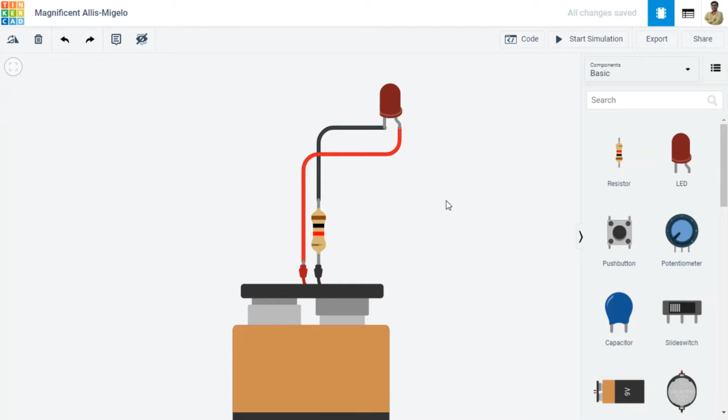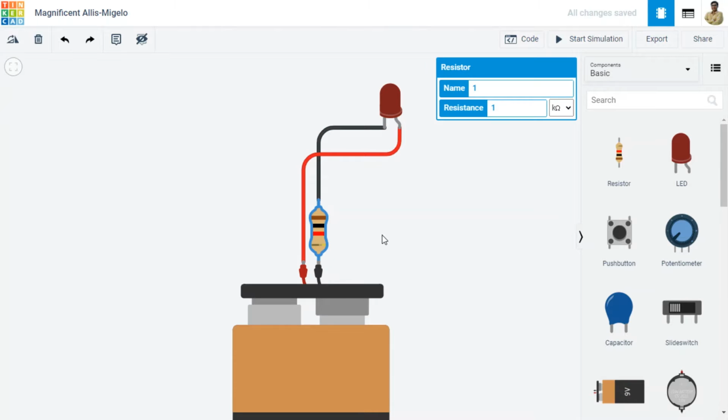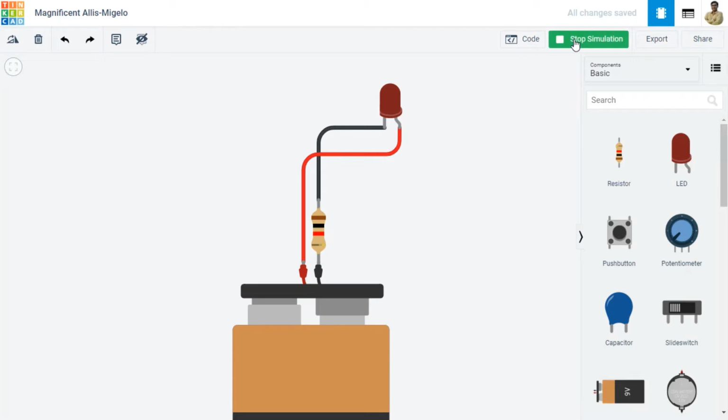So now it looks like my connections are fine. Negative is connected to the cathode, positive is connected to the anode. The resistor can actually come anywhere. It should be in the series path. So when I start the simulation, it is working now. It is glowing. What other observations can we have?